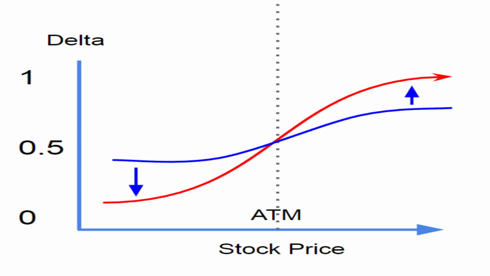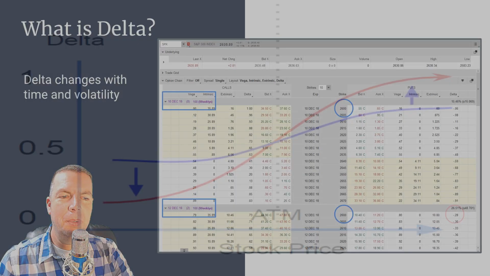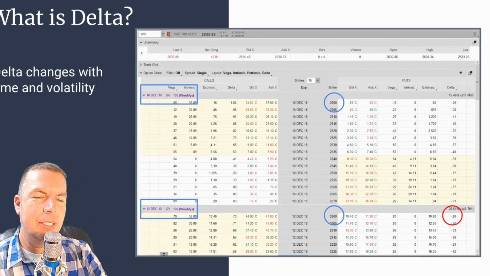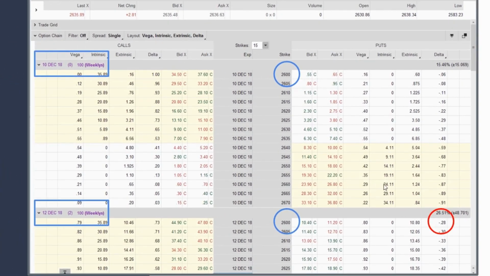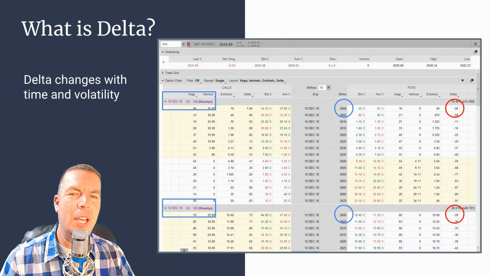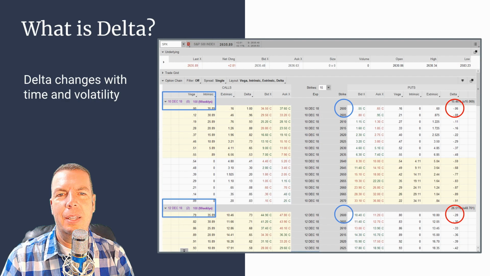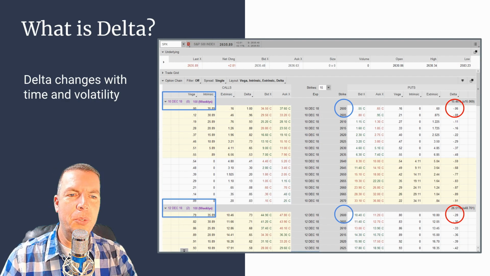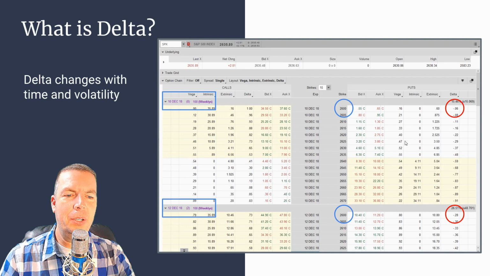Now let's take a look at the out of the money options and see how time affects those. We're going to be looking at the put side in this scenario, but still the $2,600 strike. You can see down here we have a delta of 0.28, and as we get closer and closer to expiration, or on expiration day, we start moving towards a delta of 0 because they're out of the money. That intrinsic value is pretty much nothing there, and so that delta starts to approach 0 as we get closer and closer to expiration. And we can see that here looking at this